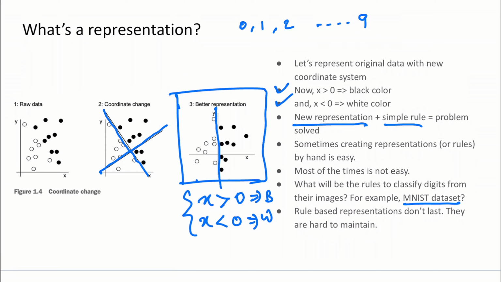It's also very difficult to maintain, because when you're creating rules, they should generalize, and if they don't, then these rules are not very useful. To keep them generalizing on new data, you have to constantly update the rules.